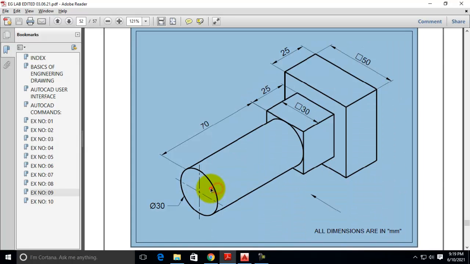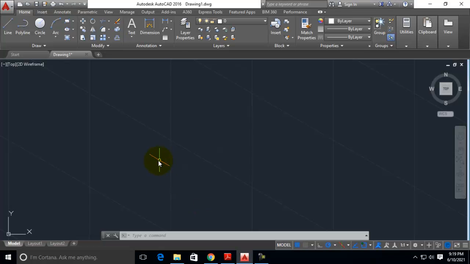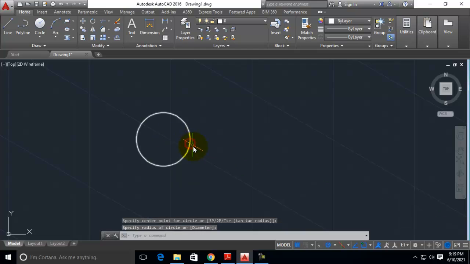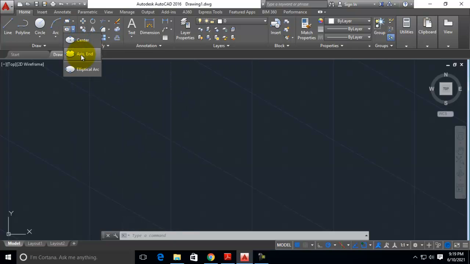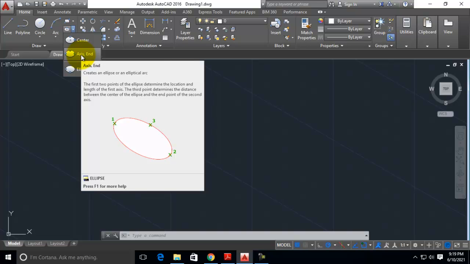First of all, you have to draw this circle, but in AutoCAD, if you draw a circle, it will be visible as a simple circle, but we need an iso circle. For that you have to use the ellipse drawing icon option here. After center, there is the axis and end method for the elliptical drawing mode. Click on this option.